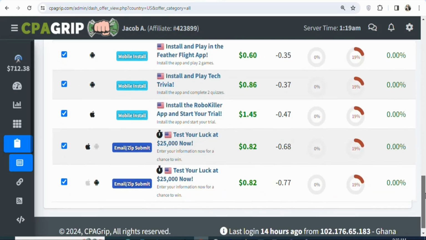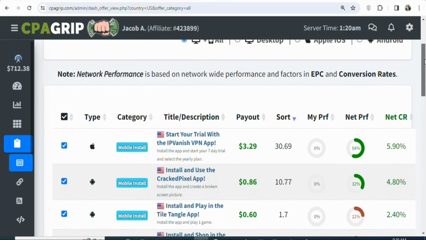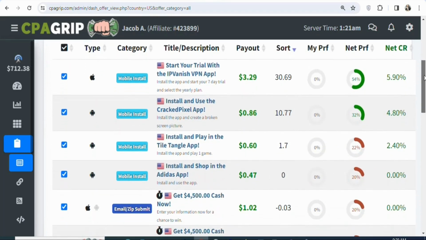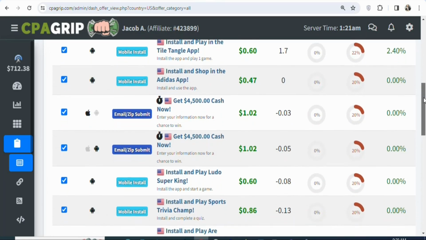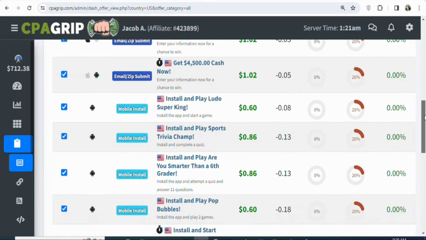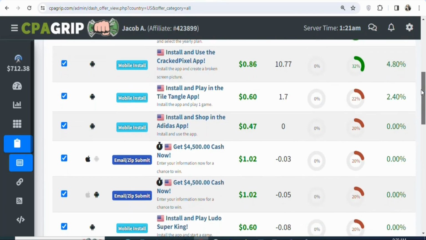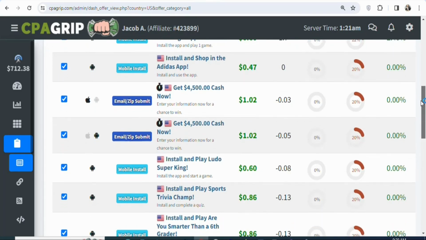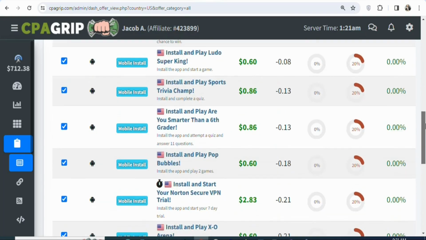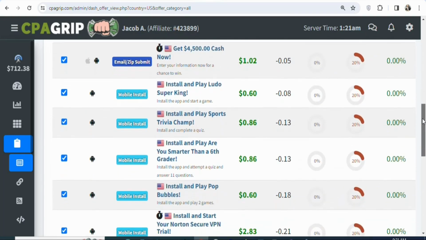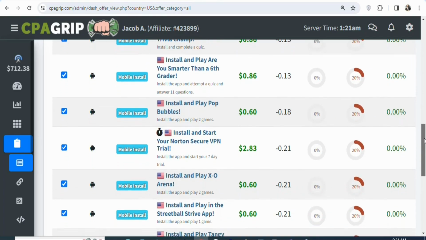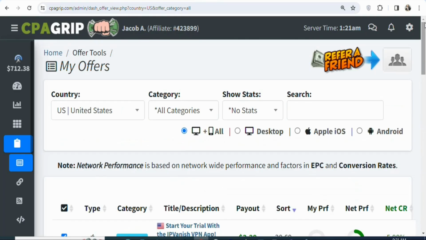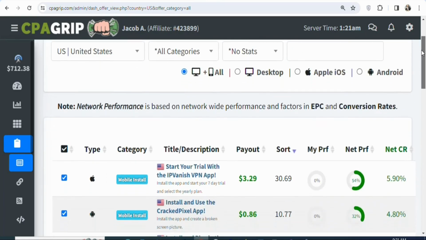As you scroll, you can see a whole lot of different offers. One good thing about CPA Group is that you can select any country that you want and then find offers that are available in that country so that you can promote them. In this case, what we are going to do is select a country where you can get offers with high payout. As you can see on your screen, all these offers, the payout is very low. So when you promote them, you are not going to be earning a lot of money anytime you get a conversion. So we are going to search for a country where we can get offers with a higher payout.